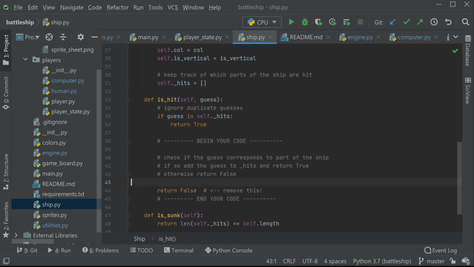And to do this, we'll need to do some array logic because we know the bow location of the ship and we know that it's horizontal or vertical and we know its length, so we can figure out whether a particular row or column is on this ship. So we'll need to do a loop, and there are length locations in the ship. So for i in range self.length,